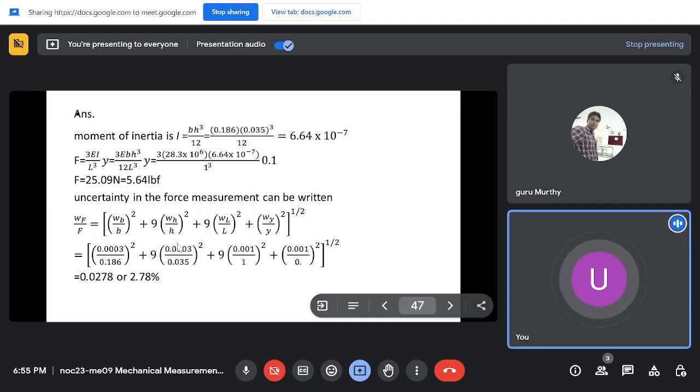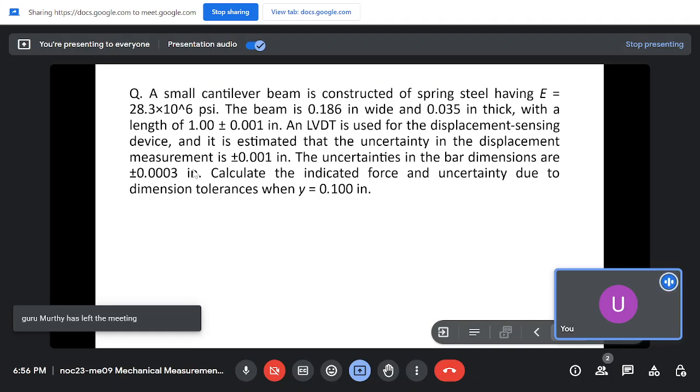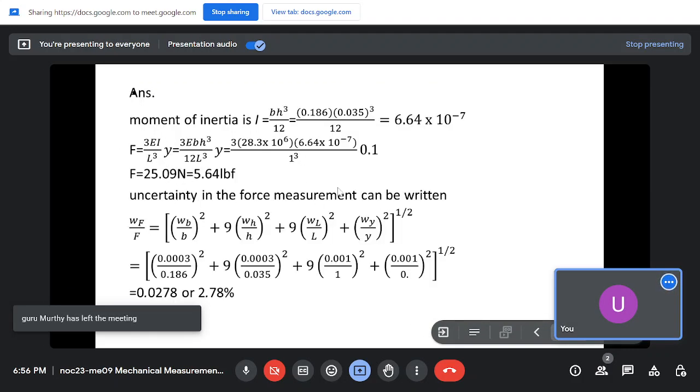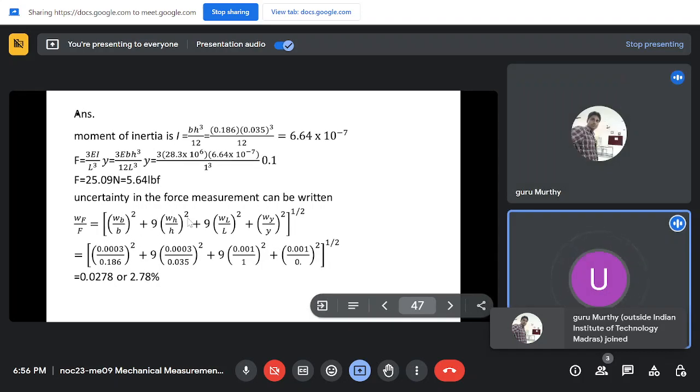So the uncertainties of those are given, 0.003 and 0.001. Length uncertainty is given. The displacement uncertainty, which is calculated by the LVDT, is given. That is also 0.001. Then the width and thickness of beams uncertainty are 0.0003. So we know the relation, the fractional change uncertainty of force is equal to